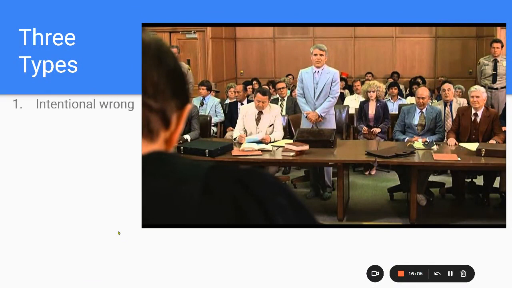So there are 3 types of torts we're going to look at. There are intentional torts or intentional wrongs. And then there are unintentional wrongs, which we refer to as negligent torts. Then there's a third kind of weird case, called strict liability. And don't worry if none of these make sense right now, especially that strict liability. We will get there.